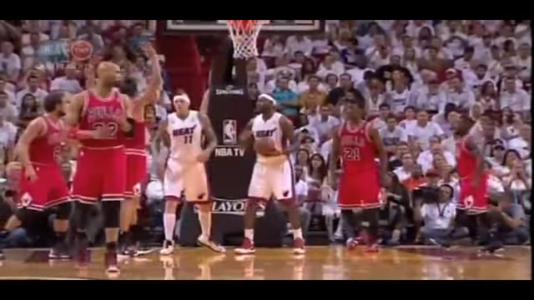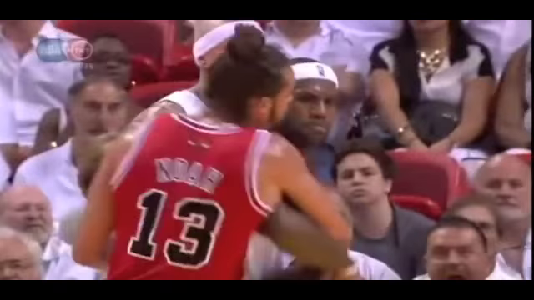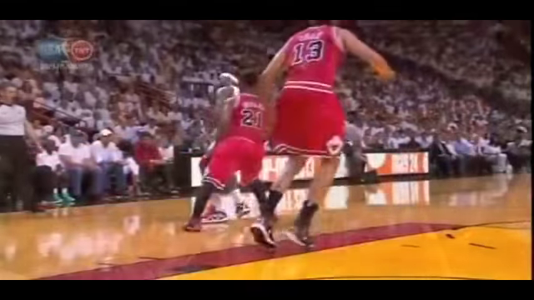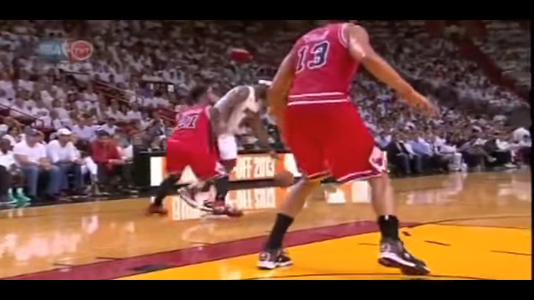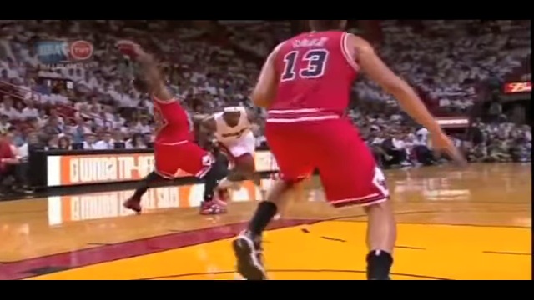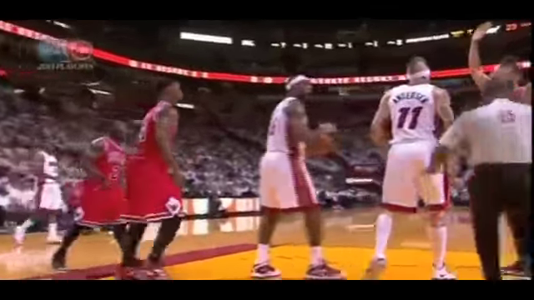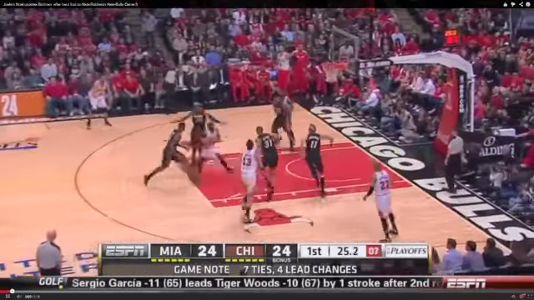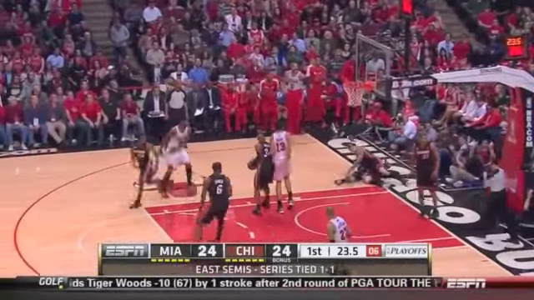There's the play. Okay, Noah, after the whistle, reaches in for the ball. James responds. It looks like it's going to be a double technical. Yeah, they're calling Noah and James. Well, I like this with your Chicago. You have to try to be physical with LeBron. You can't let... Robinson gets past James. Blocked by Anderson, but a foul.